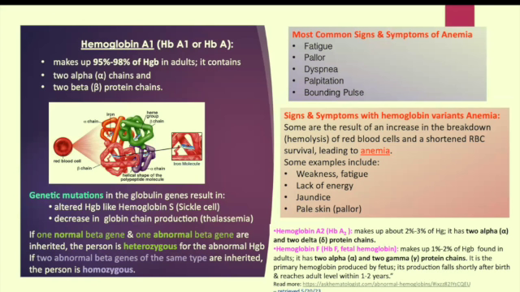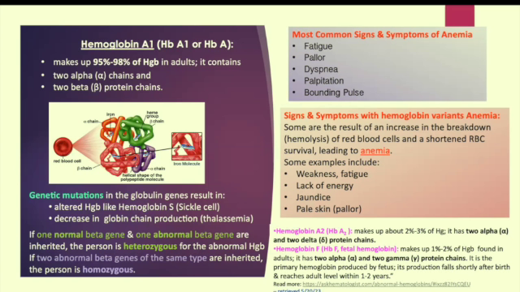And sometimes there's some genetic mutations that occur with these chains, and it results in a different kind of hemoglobin. Like an altered hemoglobin S is found in sickle cell disease, and then there's a decrease in globin chain production in thalassemia. So it's really important that the basic functioning of this is understood, so that way when you're trying to find these in your patients, it's easier for you to understand that